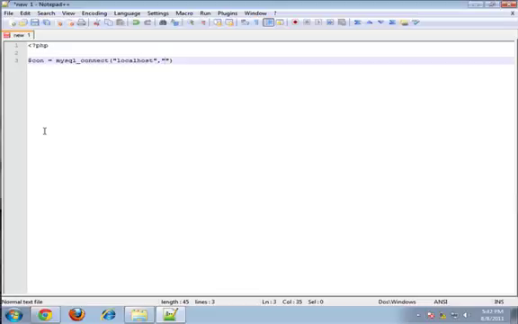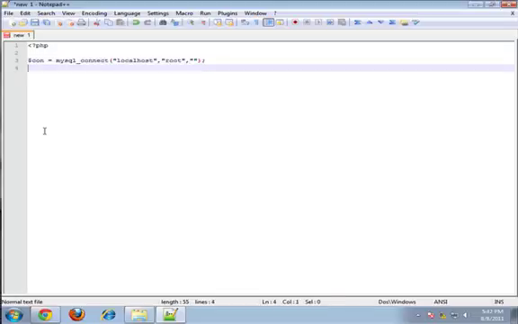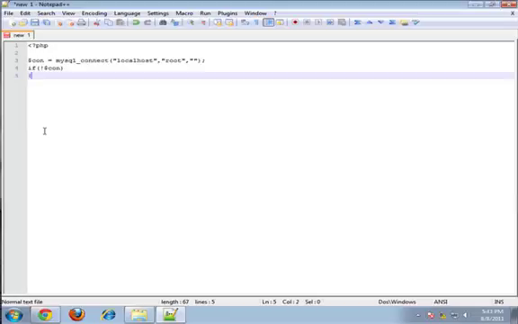Comma, quotation marks, root is the default username for XAMPP, comma, quotation marks. XAMPP doesn't use a password unless you choose one yourself, so leave it blank, and then end it with a semicolon, and then put on the next line if, parentheses, exclamation point, $con, and I'll be explaining the code after I finish. Brackets,